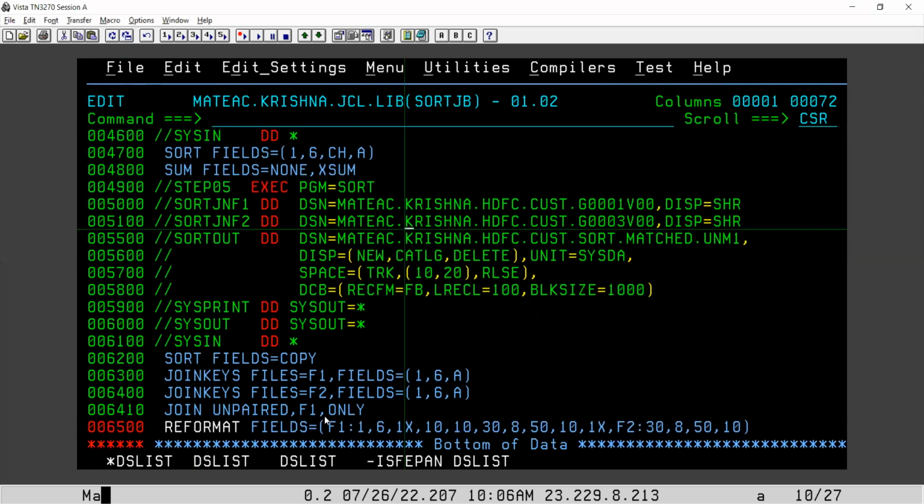So if you code F1, we get matching records and also unmatched records from file 1. Only means only the unmatched records from file 1 come. Okay, the difference is like that. So if I submit this one, you will get unmatched F1. I'm giving the name UNM F1 here. Okay, if you run this,